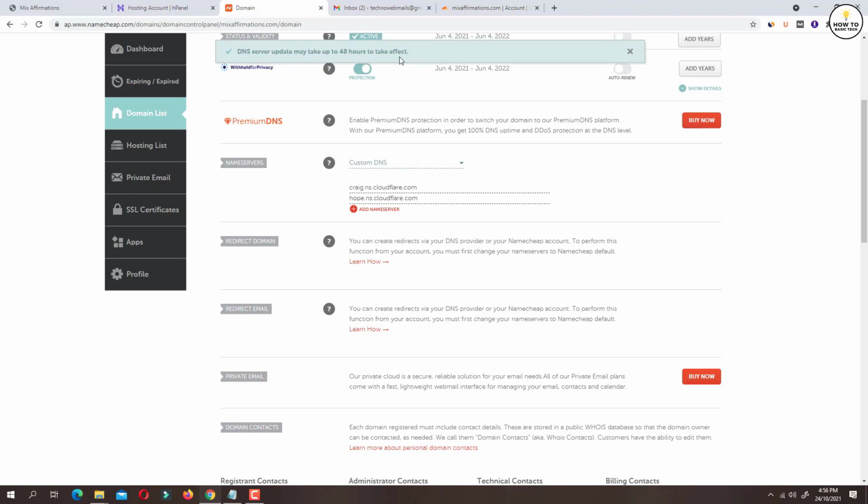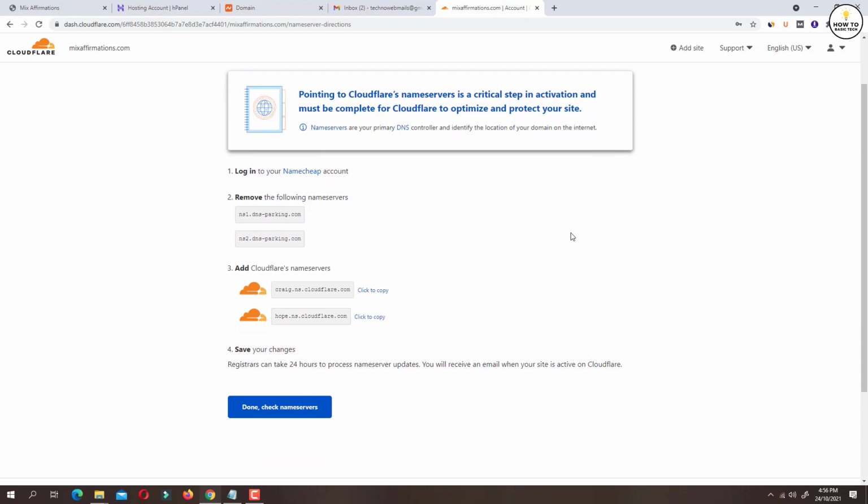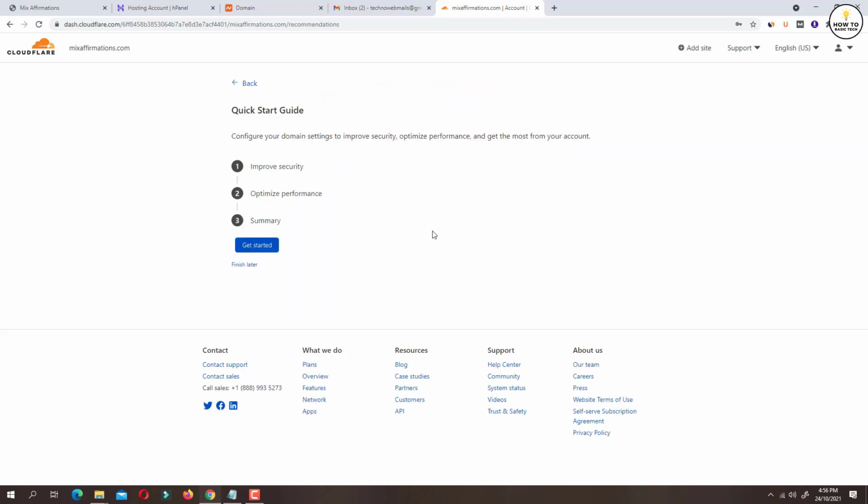So ideally it can take up to 30 minutes to 1 hour for the name servers to get updated. Now on the Cloudflare website, once you have copy pasted the name servers, just click on the done, check name servers button.